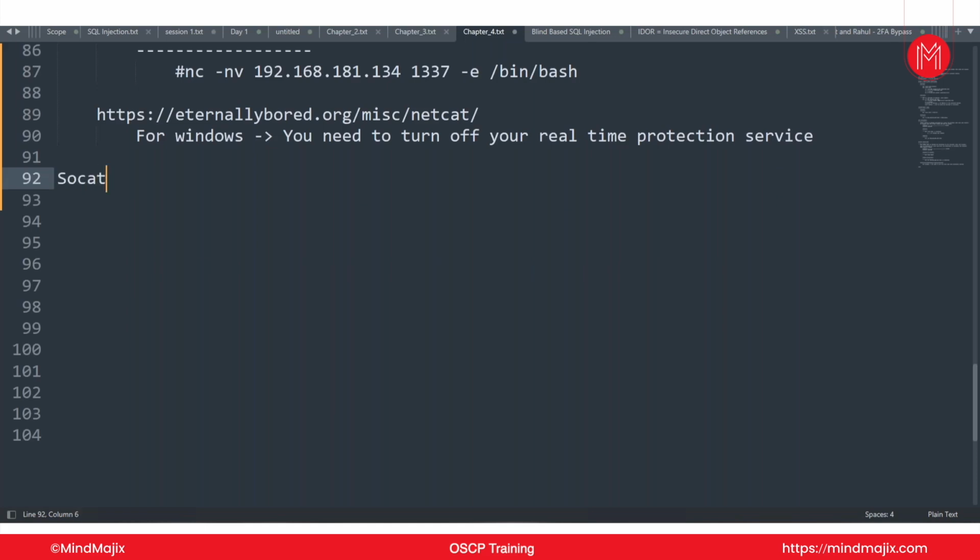Then we have got SOCAT. SOCAT is again another tool just like netcat. Okay, it also has